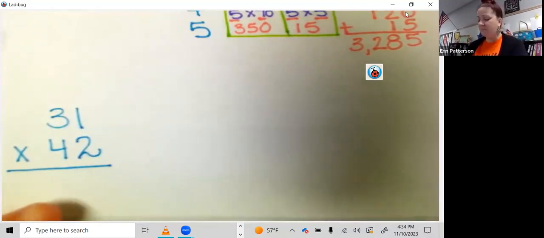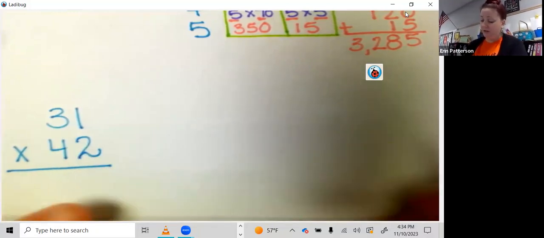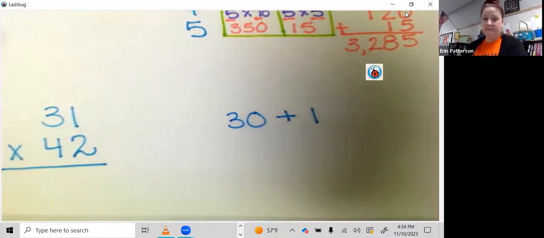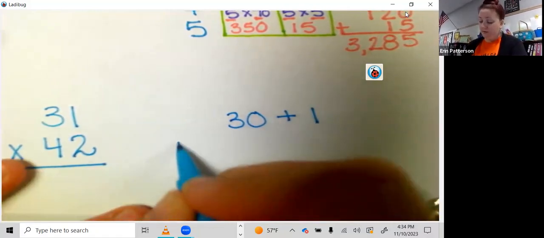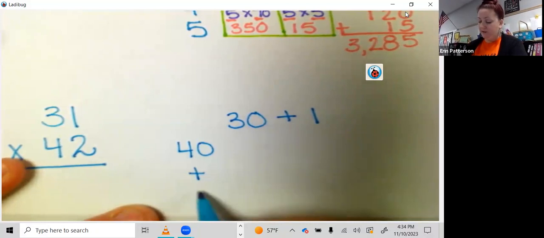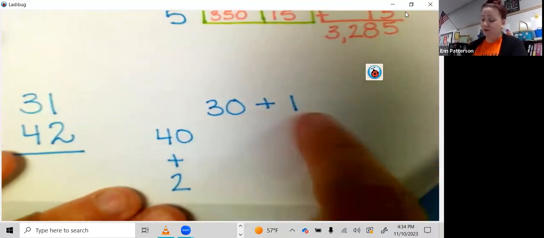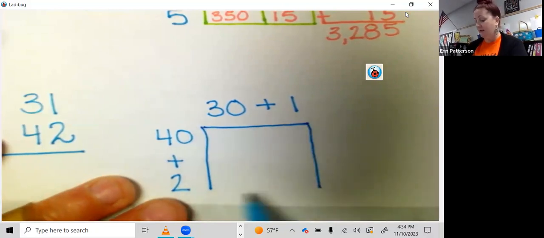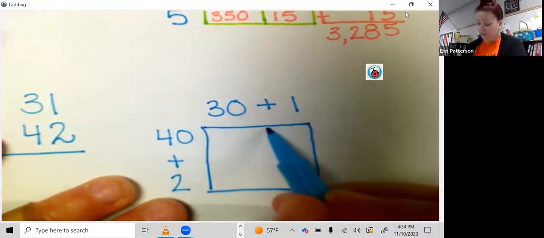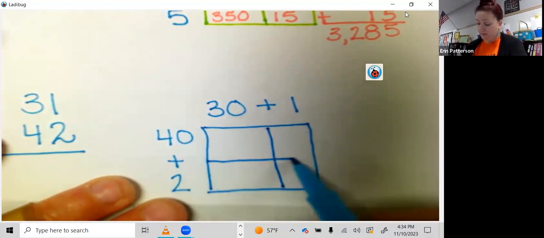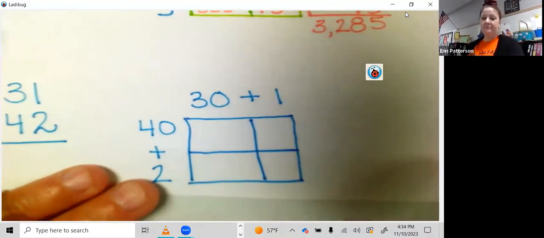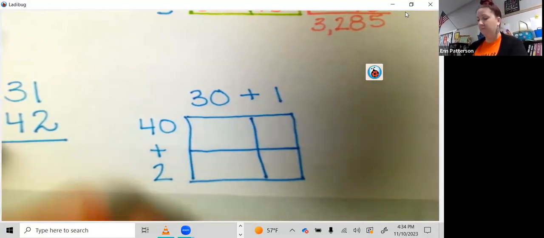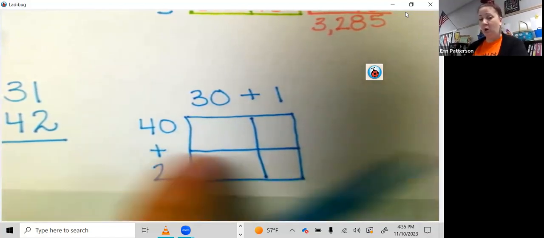Okay. I'm going to break apart 30 plus 1, 40 plus 2. When it's 2 by 2, I know I'm going to have a window. It's a little wonky window because I like to do my lines and my pluses. Okay. Over